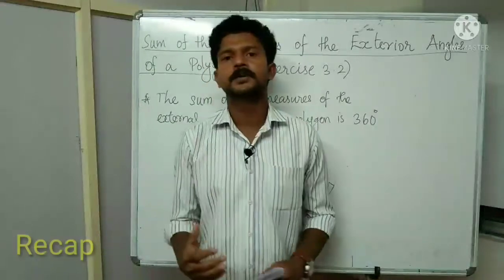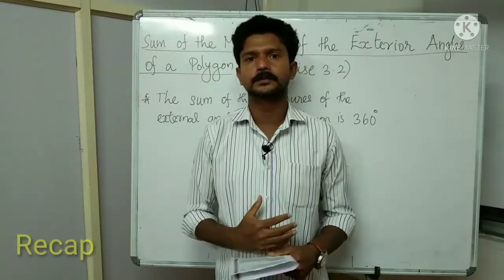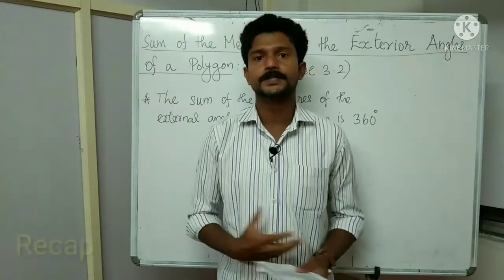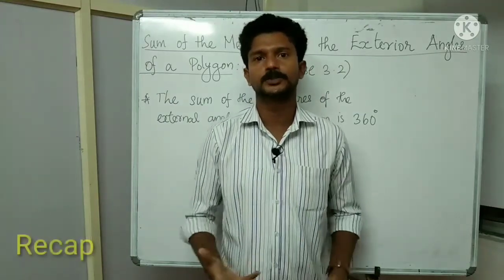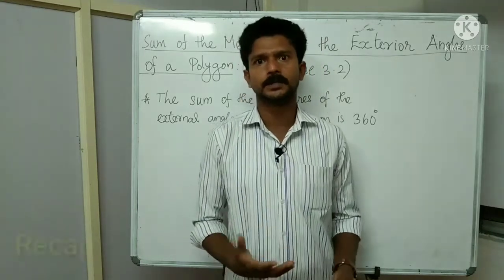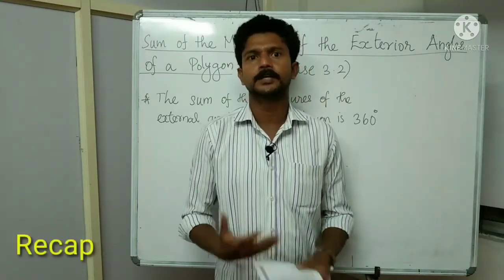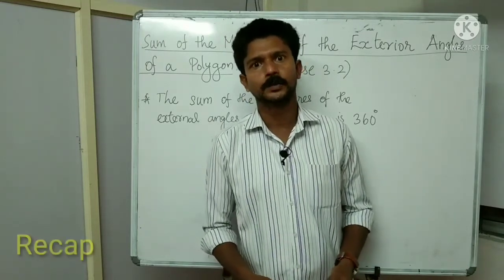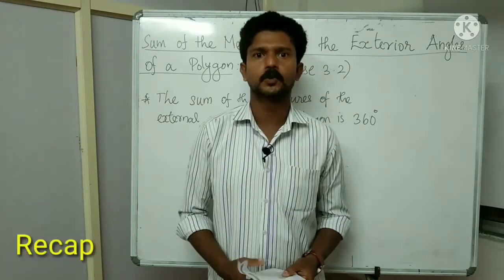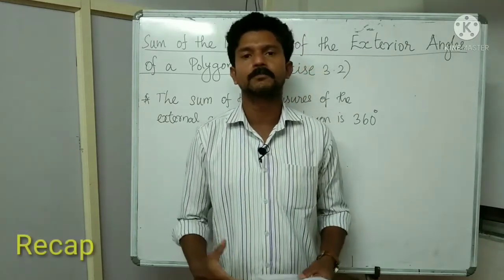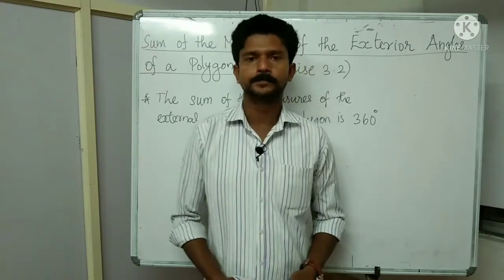Okay. In the first part, we have seen about the different types of polygons, about closed curves, simple curves, and not closed curves. We also saw what is meant by a diagonal and different kinds of polygons. And we saw the angle sum property of a quadrilateral, right? Quadrilateral means a four-sided polygon.